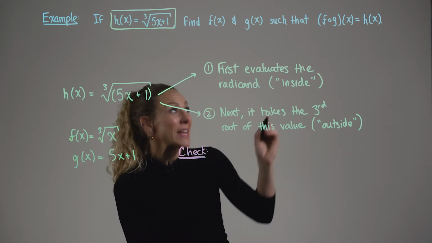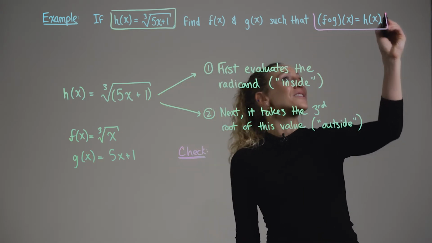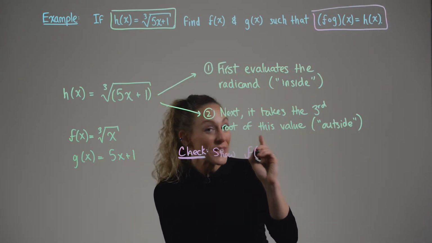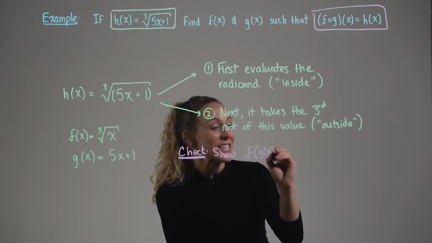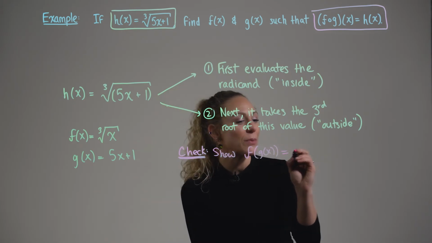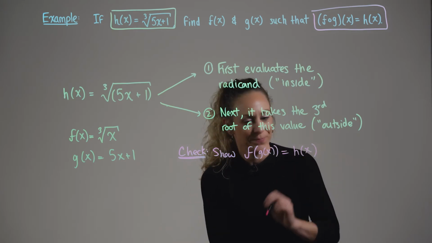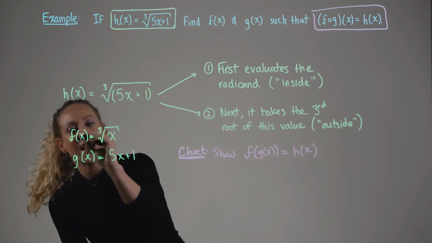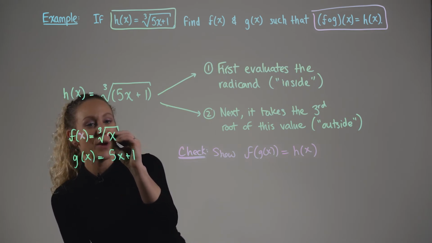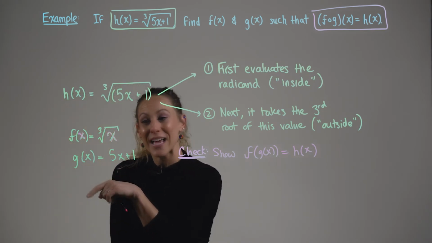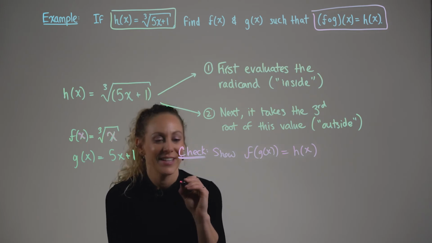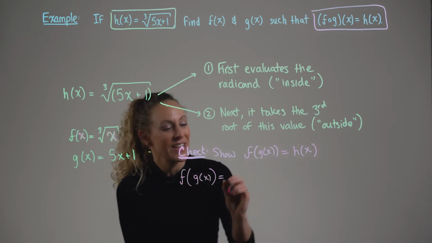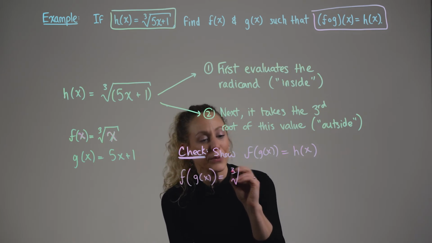So again, keep in mind our desired goal. We want to show that when we substitute g of x into f of x, we're able to produce h of x. So looking at our function f here, how we've defined it, we're going to replace each one of those x's with g. So we have f of g of x is going to be the third root of